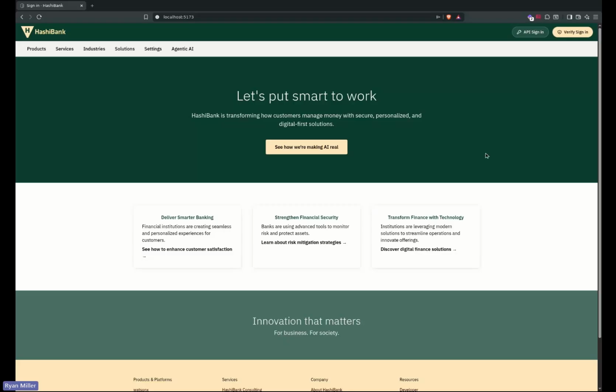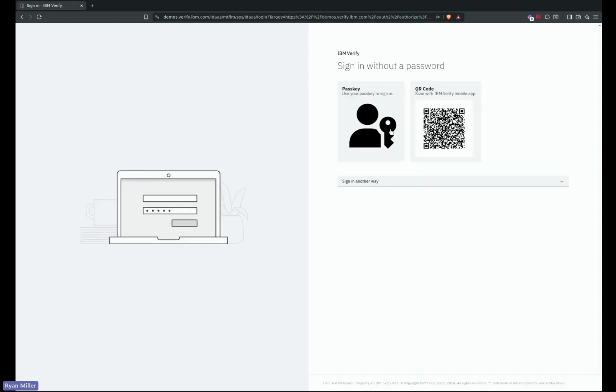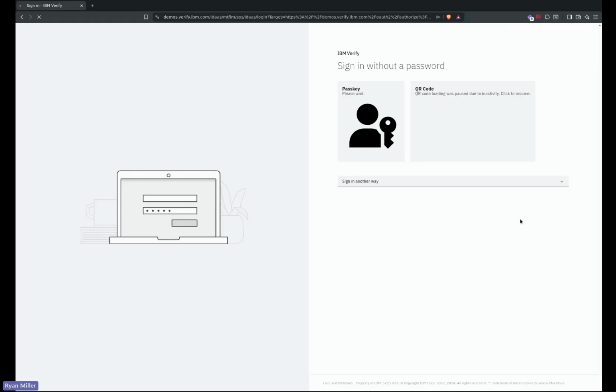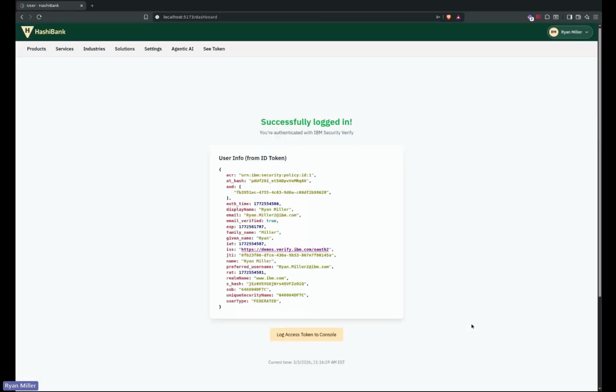Okay, and we're going to see that here in action. So the first thing I need to do is sign in, and I'm not going to take you through all the sign up and sign in and passkey registration stuff because most of us know what that looks like, right? So I'm just going to log in with the passkey. You can see that I'm a federated user. This is really me. This is my IBM identity,